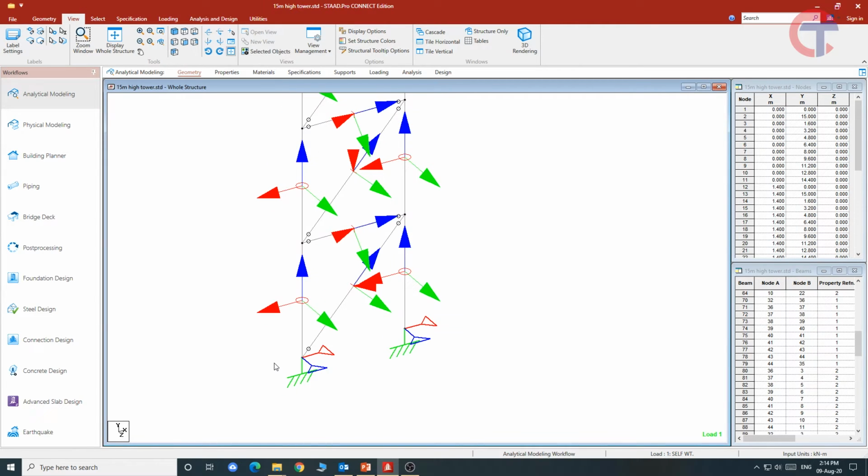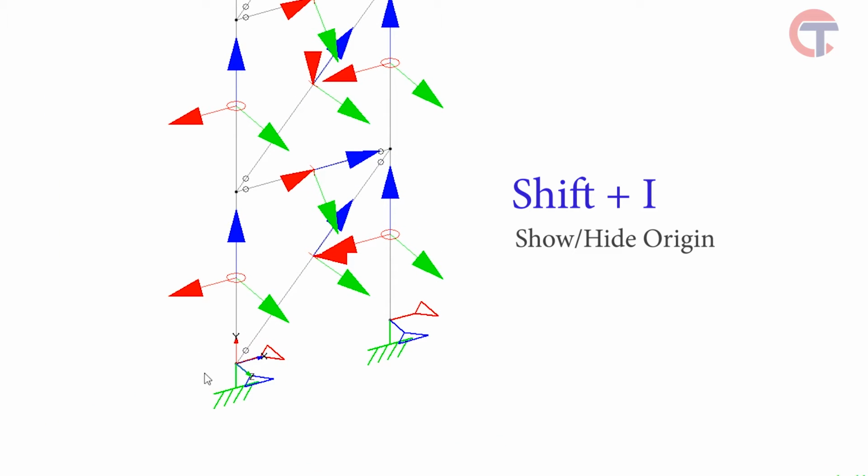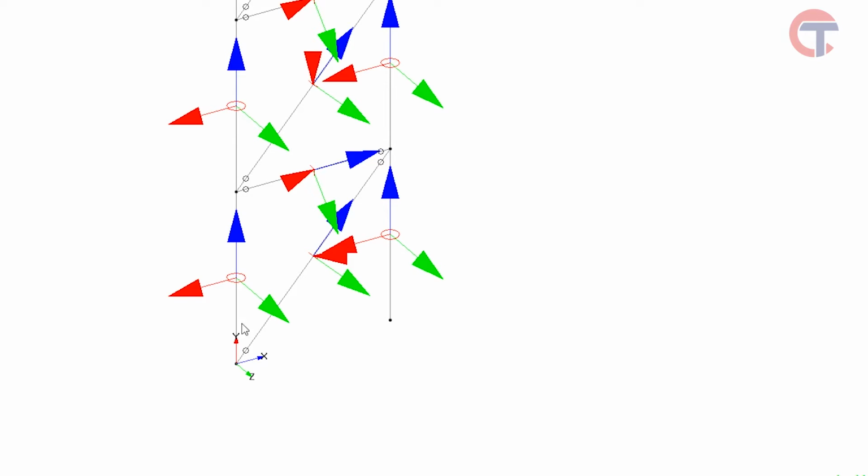Okay, now holding shift button I will press I. You can see over here that 3 arrows are visible now. It is the origin. Now you can see the origin XYZ over here, and now I will hide this support because this support is hindering the visibility of the origin. To hide the support, I will press S holding shift button, Shift S. Now you can see the support is hidden. It is actually there, but it is just not visible, so that we can easily see this origin.